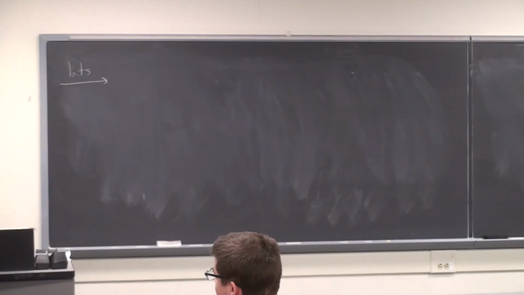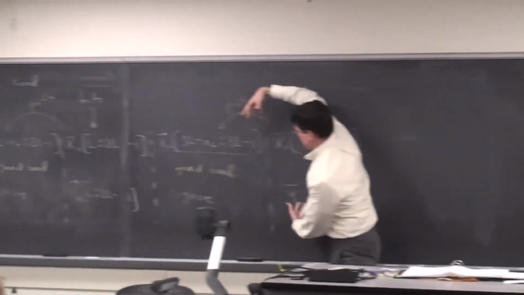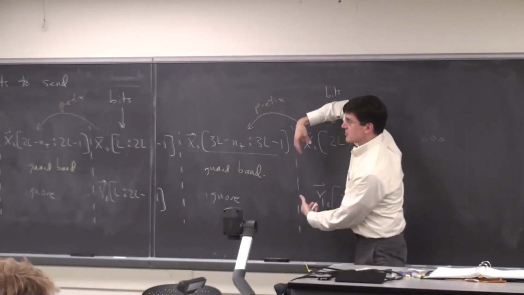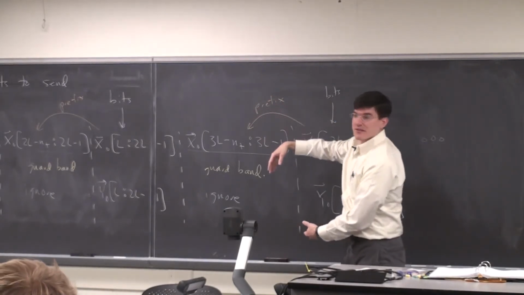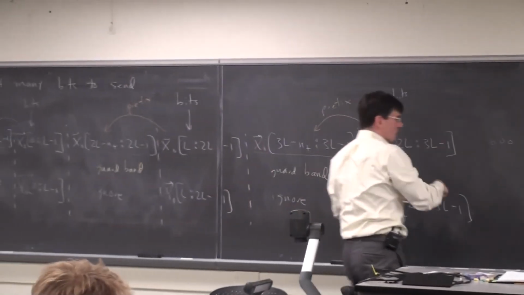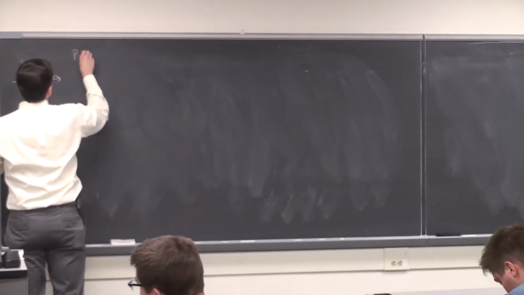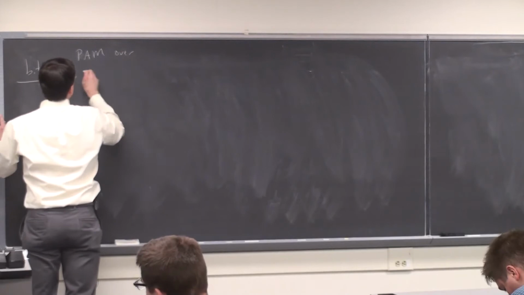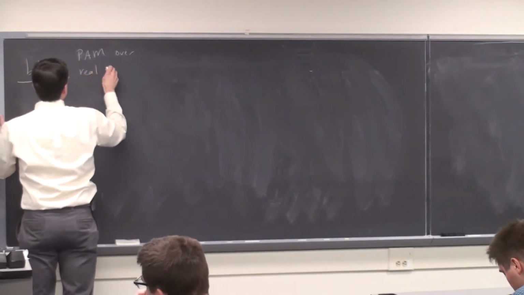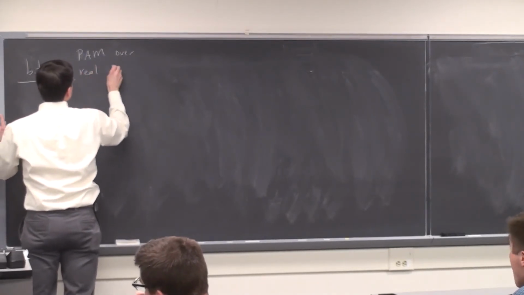Okay, I'm going to draw the block diagram for one of these blocks. I don't know how to draw it to convey the consecutive transmissions, so I'm going to draw one of these in isolation and just repeat it back to back. Okay, so take the bits, encode the bits using PAM over the real and imaginary components.